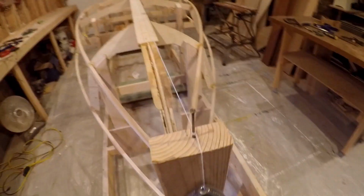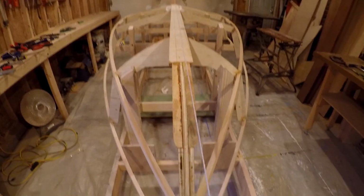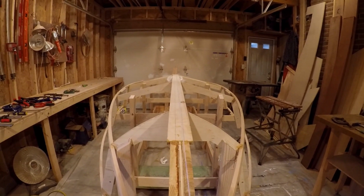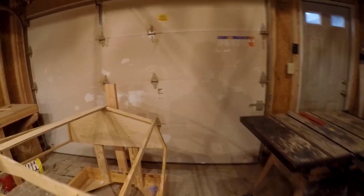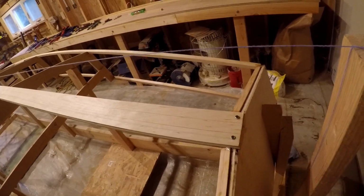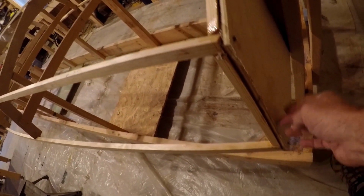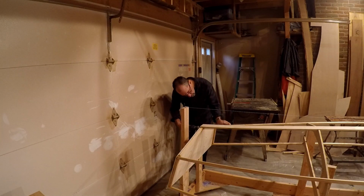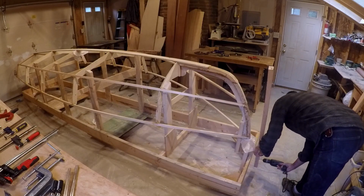Alright, so one last look down the reference line. It's not perfect. It's got a slight bend that way in the center, maybe a 1/16, but it's close enough. I think we're in the good enough zone. We can lose the line and put that away. And we've got some temporary screws functioning as clamps. This is something that I find useful. So we'll take these out before the epoxy gets too hard on them, here and here as well. So I'm pretty happy with that. This holds together. Kind of a fun milestone to see the boat without the